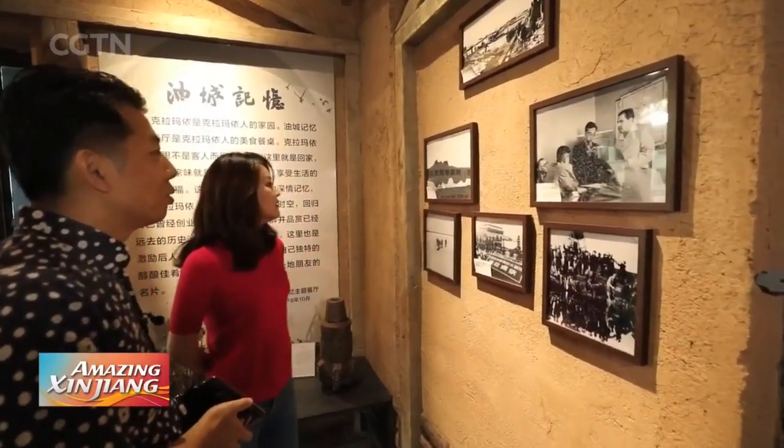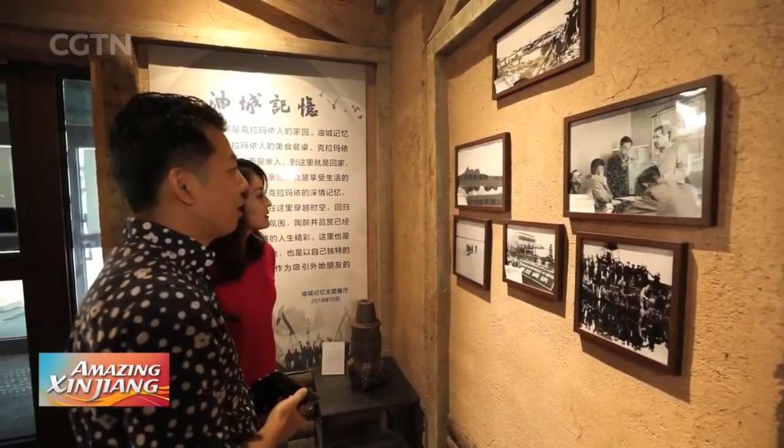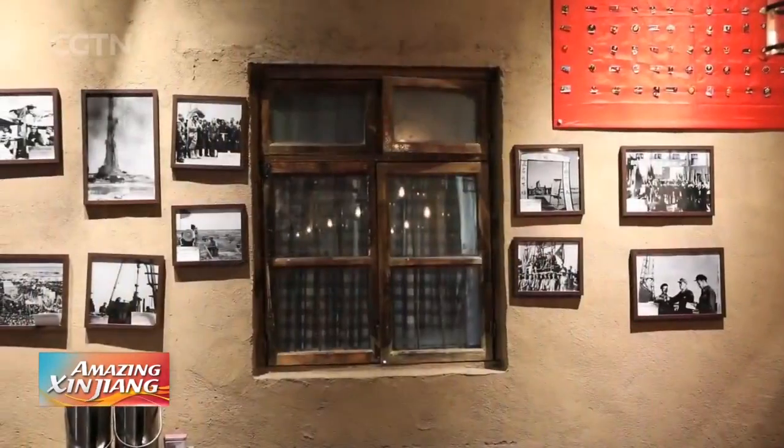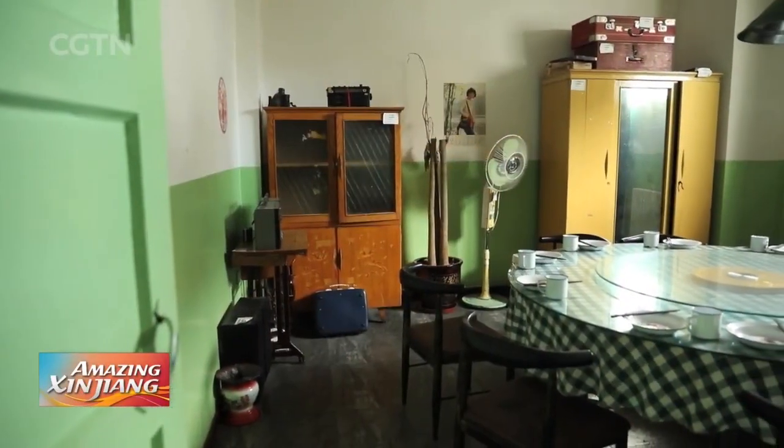Stepping into the restaurant, you can tell the layout is inspired by 1960s design. Yes, this was the first oil wheel discovered in Karamay. The design has evolved as the decades have changed, from the 1960s to the 1990s. To connect the local culture and food to create a place where senior oil workers not only eat, but can